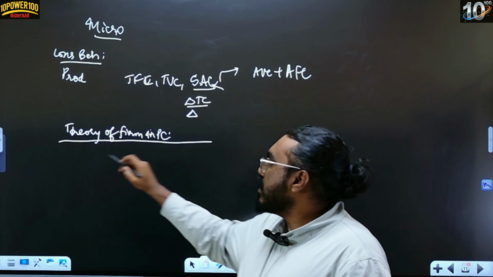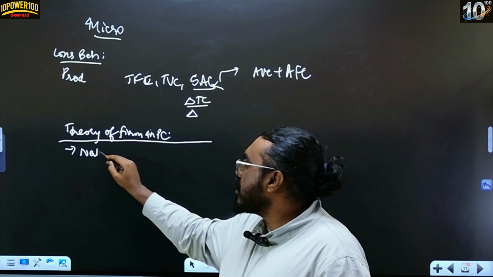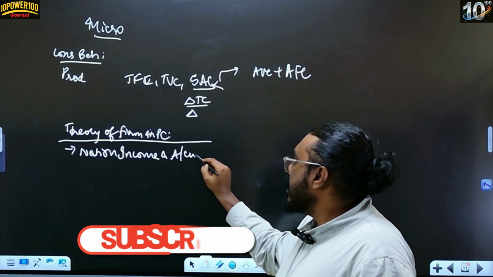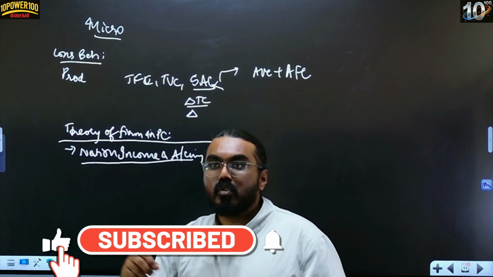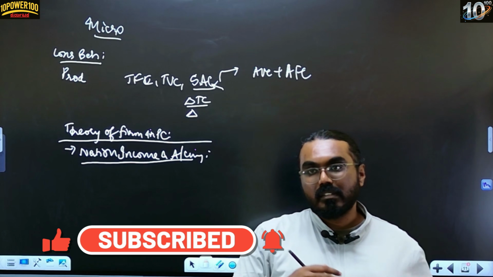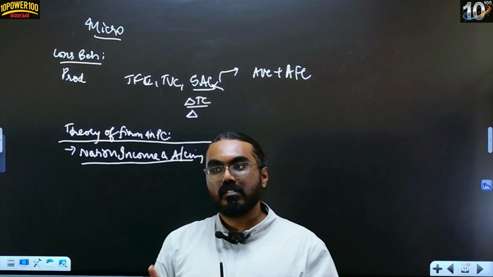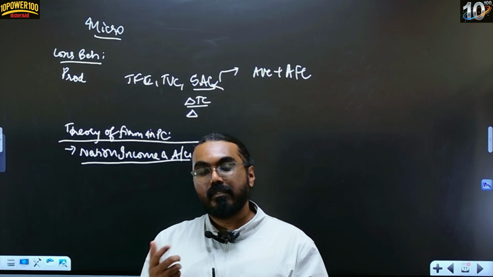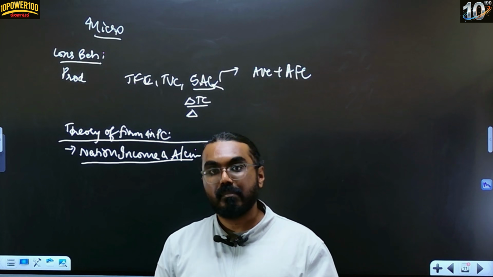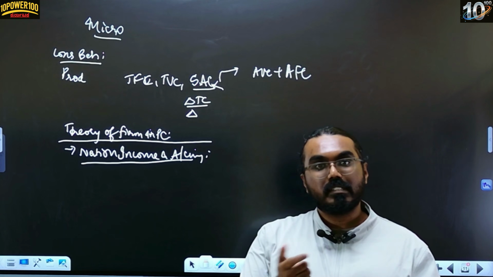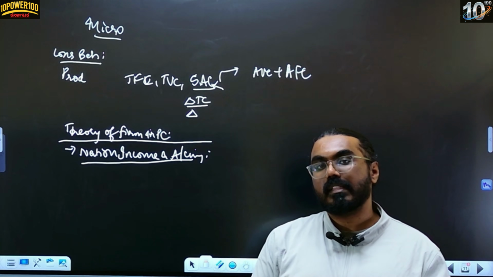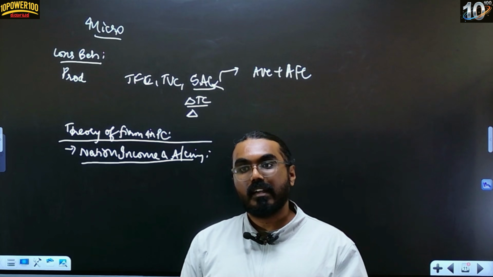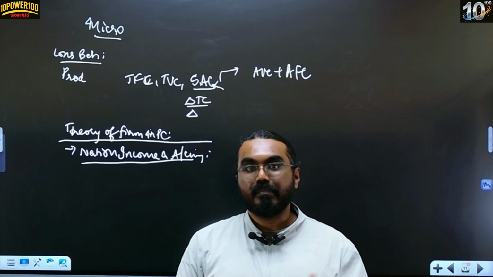Now in macroeconomics, of course, like I've been saying, you have your national income and accounting. Now in this lesson, again, so many concepts are there, right? So what is the meaning of final goods, what's the meaning of consumer durables. Then you have questions like what is depreciation itself. A very simple 1 mark question can be asked, or just a few twisted questions around this could also be there. Net value added, gross value added, gross domestic product at market price,